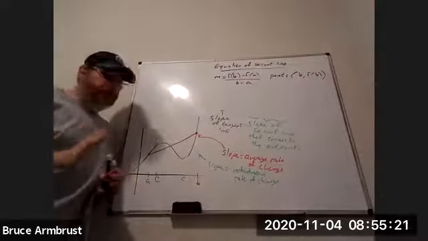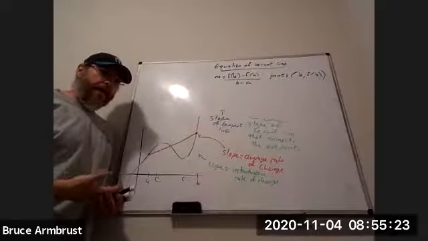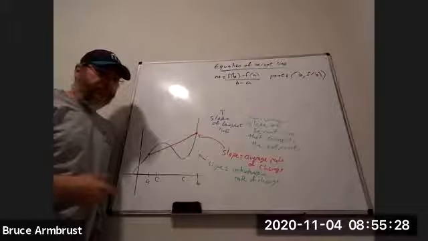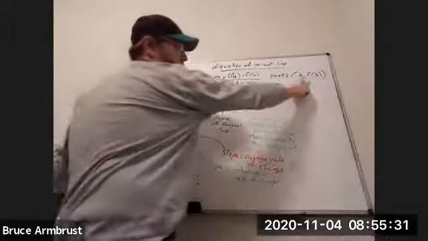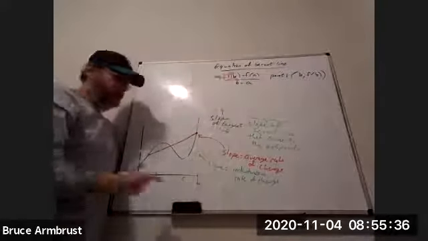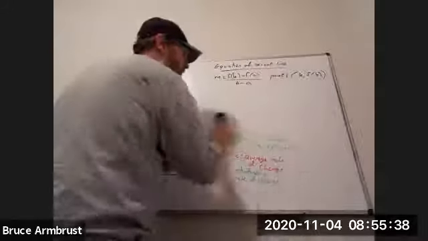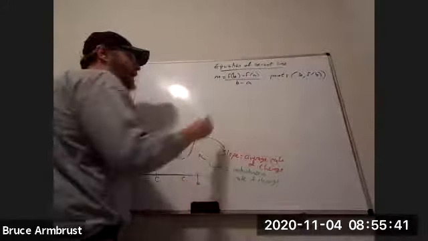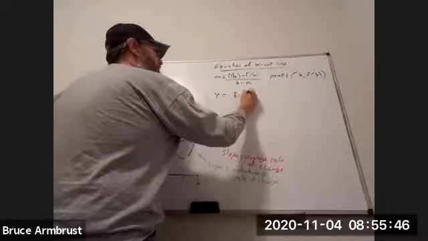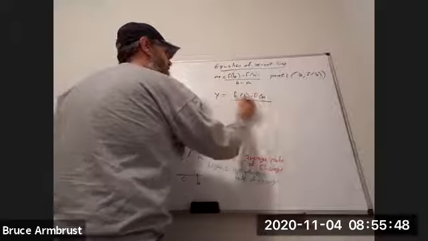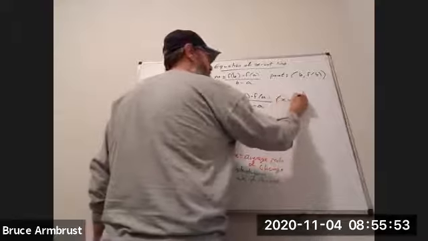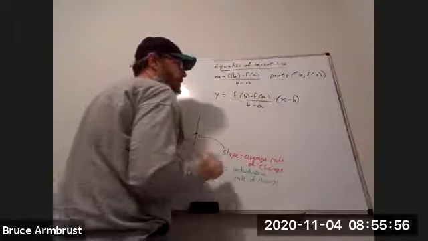So if you know the function and you're told a and b, this is what you would do to calculate a slope and a point. You just plug b into the function, boom, there's that point, and then b and a into the function, find the slope, we're good to go. So that means that its equation is actually y equals f of b minus f of a over b minus a times x minus b plus